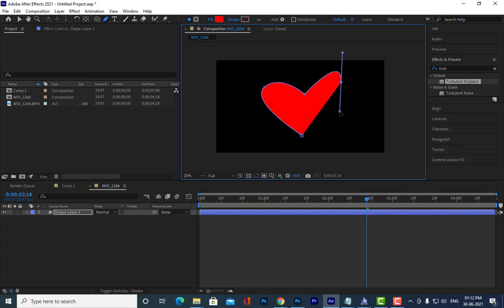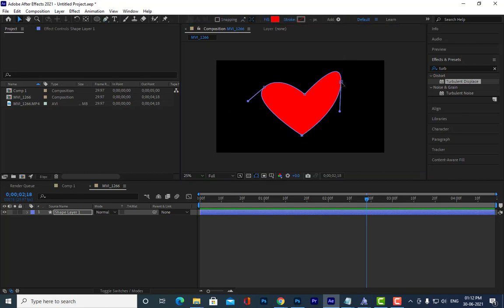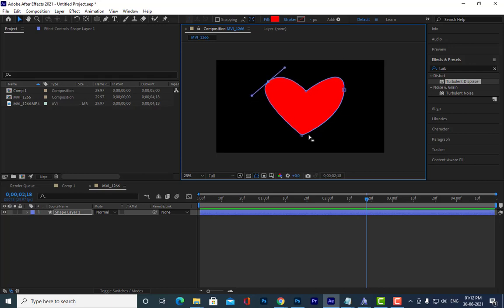But if you want to get shapes from outside, let us say from Photoshop, how can we get them? I think I told you in one of the classes, right? Yes or no?